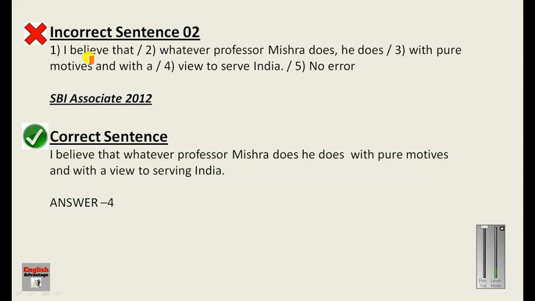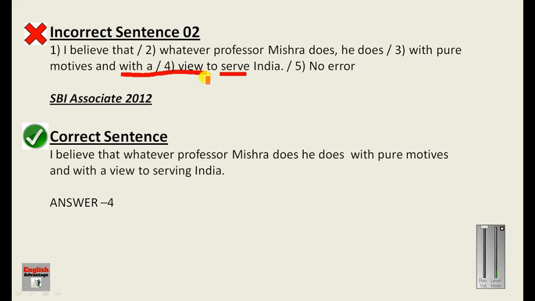I believe that, till here this sentence is correct. Whatever Professor Mishra does, he does with pure motives. His motives are clear and his motives are honest, and with a view to serve India. Now in place of serve India, here you must say serving India, because with a view to is a prepositional